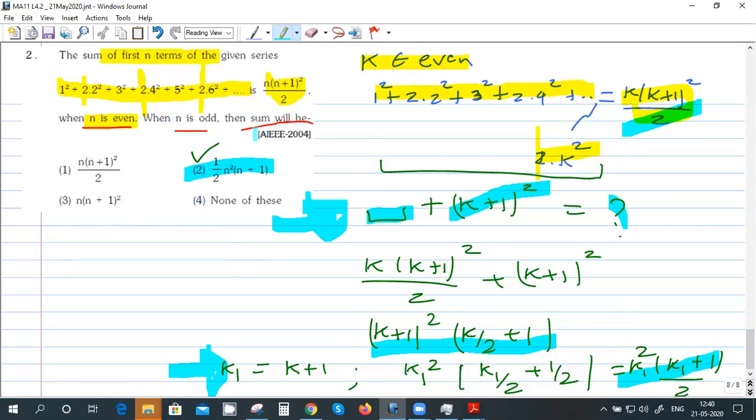So this is again Mains 2004. First, you have to carefully recognize the pattern in the first one and do it carefully. Then, for the sum of n terms where n is odd, you have to do the substitution. This is also an important step, because it's the sum of k1 terms and you want to write it in terms of k1.